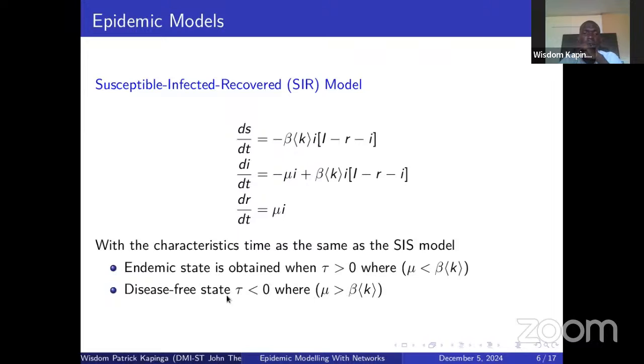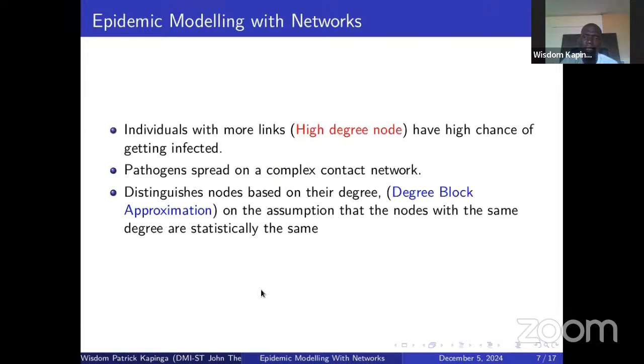But then we also have another state, which is a disease-free state, and this state comes when you have the recovery rate greater than the transmission rate. For example, if you're looking at a scenario whereby more people are getting healed from the disease, and fewer are getting infected, then obviously you get to a state whereby the disease will die. So we have these two states, which are determined by the value of tau, whether it is greater than 0 or less than 0. So that's it about